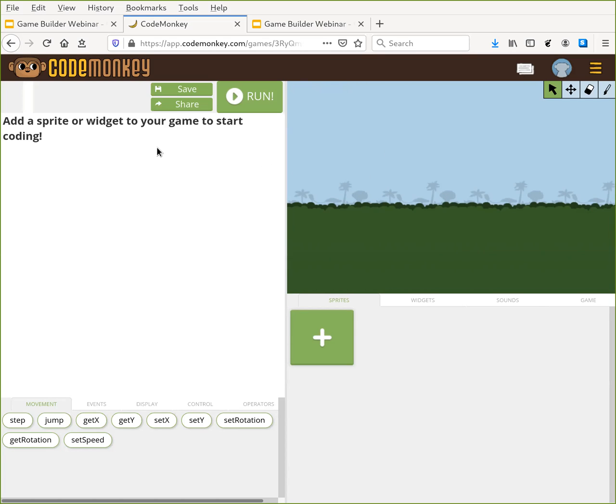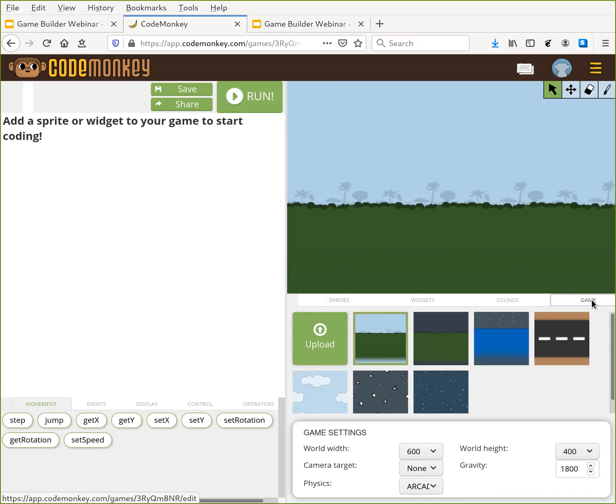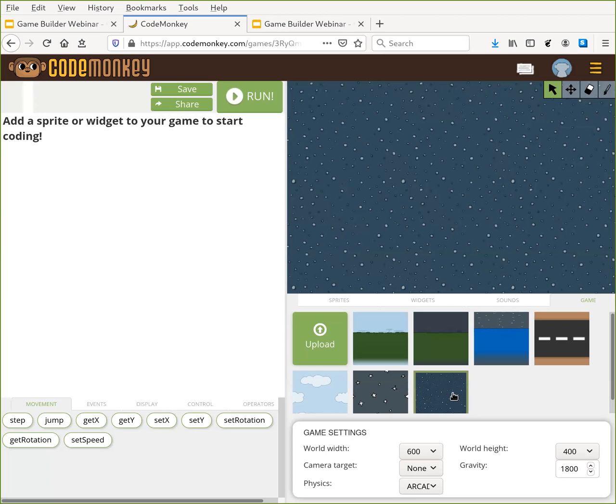So, as I was saying, we want to make a different kind of game. We're going to make like a PacMan game. So we need to make some changes to this default. To do that, we need to come to the Game tab. This is on the right at the bottom. And first thing, pick a different background. None of these are just perfect for a PacMan game. There is the option to upload your own, but to keep things simple, let's just pick this one that looks kind of like a star field. That'll do.